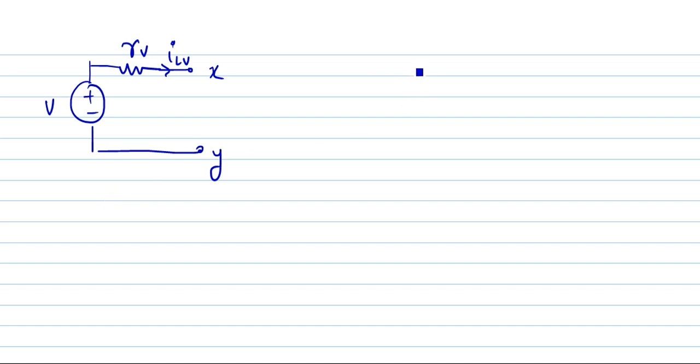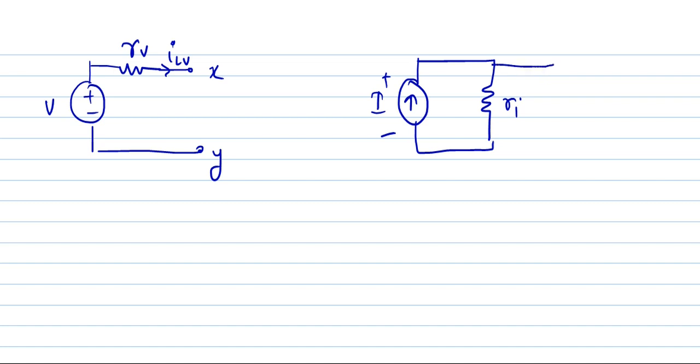Now let's make a practical current source. So here we will have a current source of value I. Here we are having a parallel resistance that is the internal resistance of this current source. And there is a terminal X and Y and the current that is flowing out of this is ILI. So let's first of all calculate the current ILV in the first case. ILV in the first case will be given as V upon RV plus RL. RL is a load resistance that is connected across these two terminals XY.